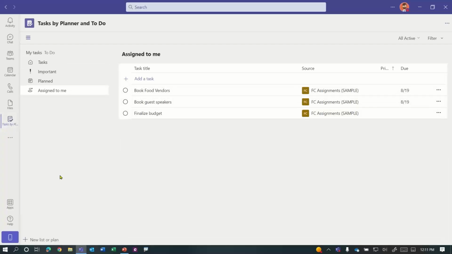I will say though that when you initially open a new app, it's there just temporarily. If you want to keep that icon there for future use, you can right click and pin it so that even once you move away from that app, it'll remain there for future use.